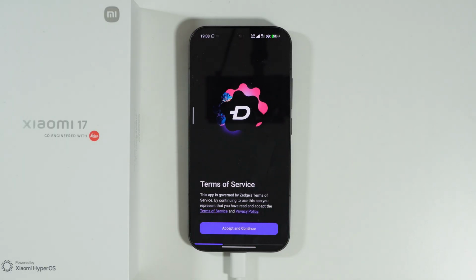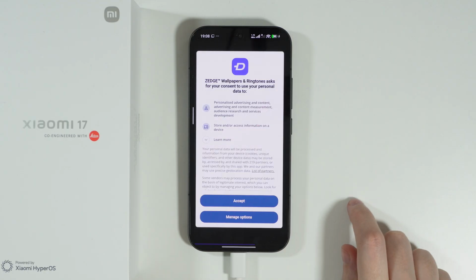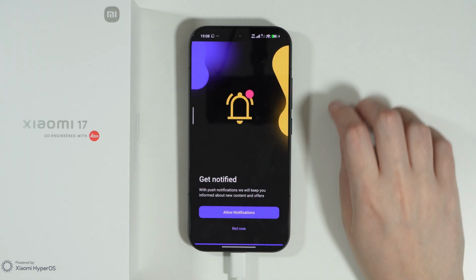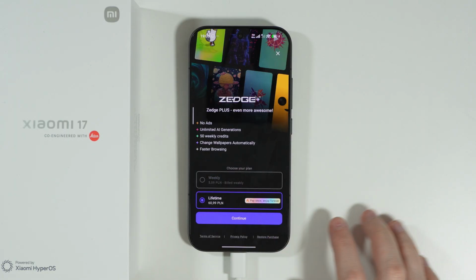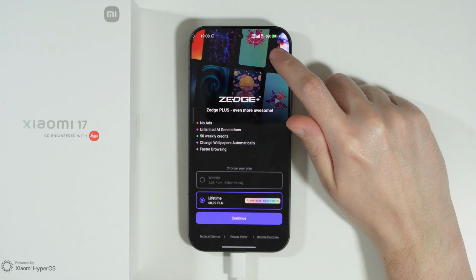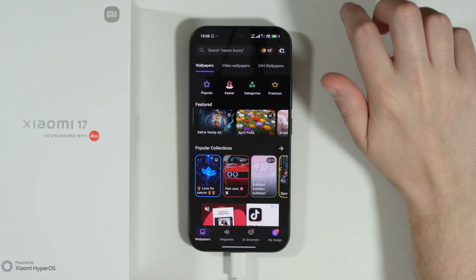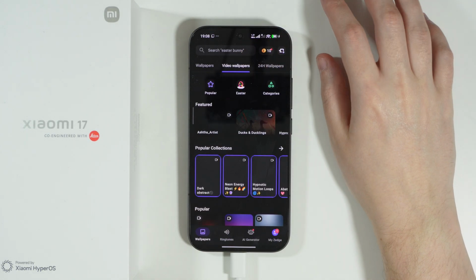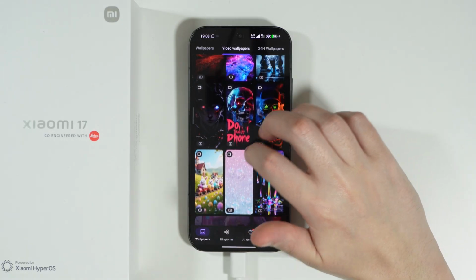The setup is pretty straightforward. You just have to tap on accept and continue over here. We're gonna tap on accept in here as well. We don't have to agree to receive notifications from the app. We can close the premium offer here in the upper right corner. And there we go. Now we're gonna switch to the video wallpapers, and in here you can scroll through this